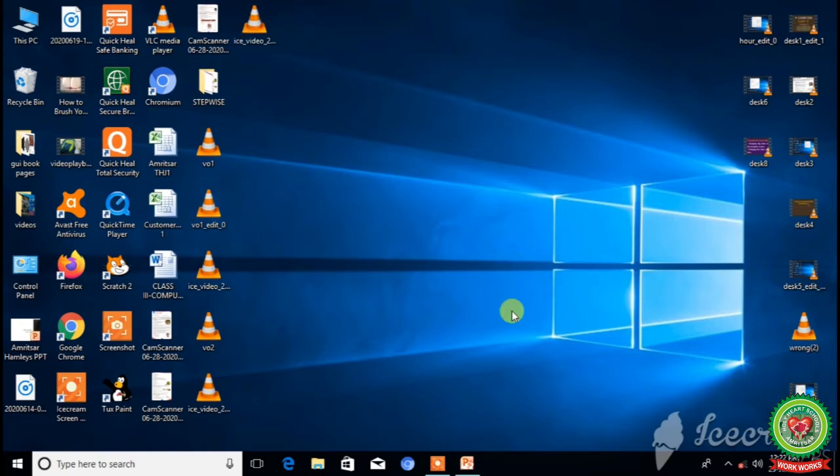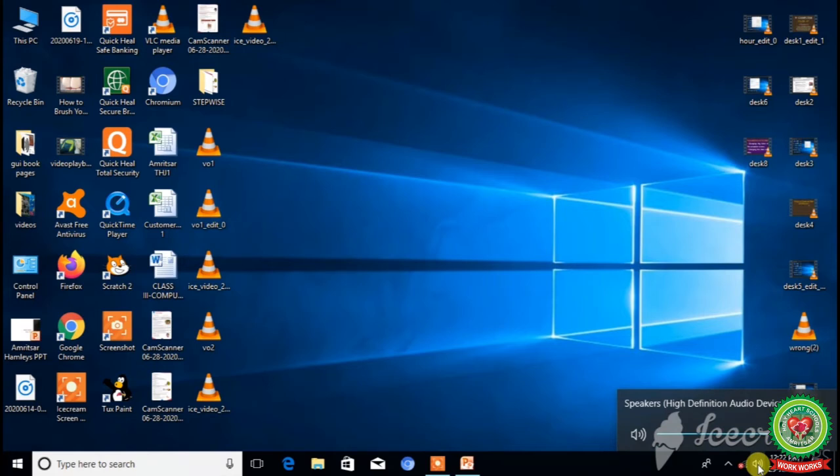So students, you can see that the long horizontal bar at the bottom of the desktop is known as taskbar. The right side of the taskbar, where the date is displaying, is known as notification area. From this notification area, we are having the speakers icon. So to set the volume of the speakers, our first step is click on speakers icon, and you can see